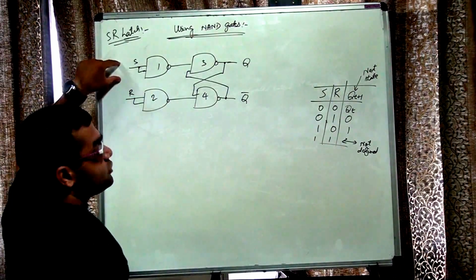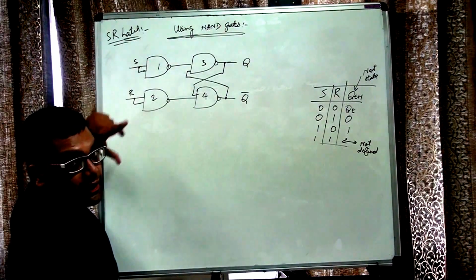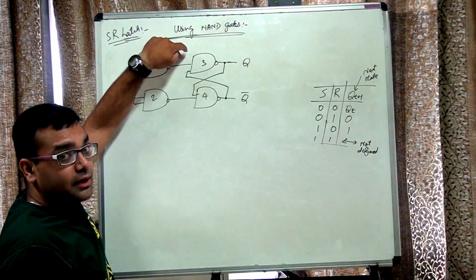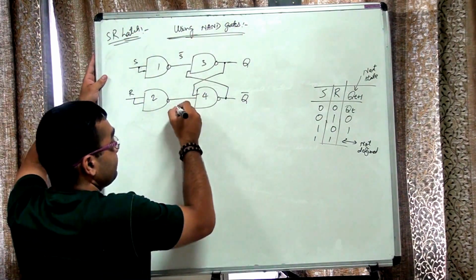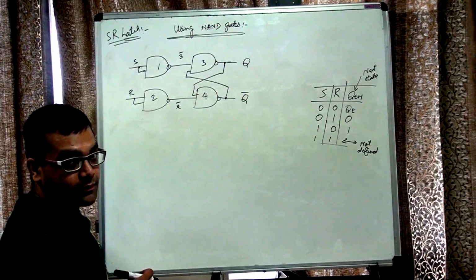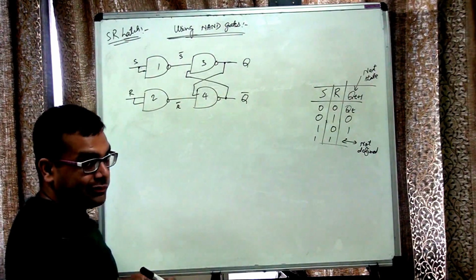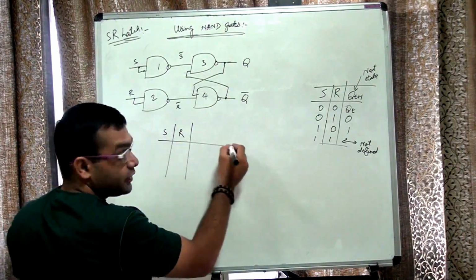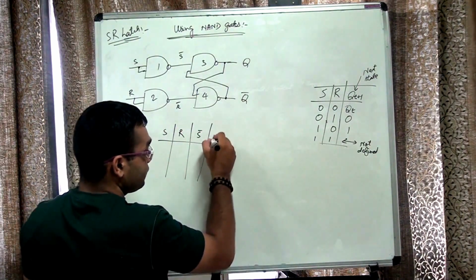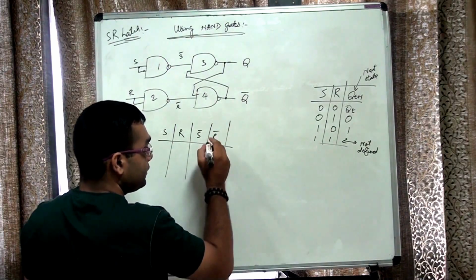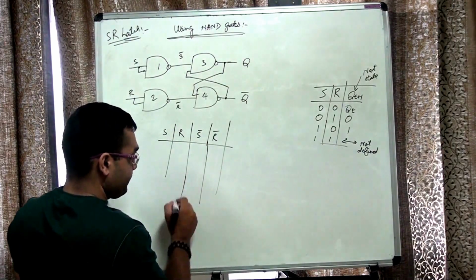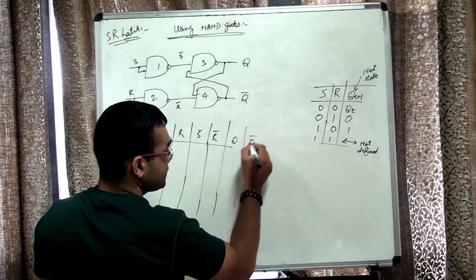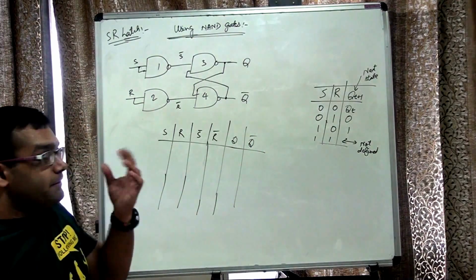Now for both the shorted inputs, gates 1 and 2, you can see they are acting as NOT gates. So over here we are actually applying not S and R, but rather we are applying S bar and R bar. Isn't it? Because they are acting as a NOT gate. So let us see how. Actually these are S and R, so for your understanding I will write down S bar and R bar also over here. So these will be the inputs to the gates 3 and 4. Now what will be the value of Q and Q bar? Let us see how.